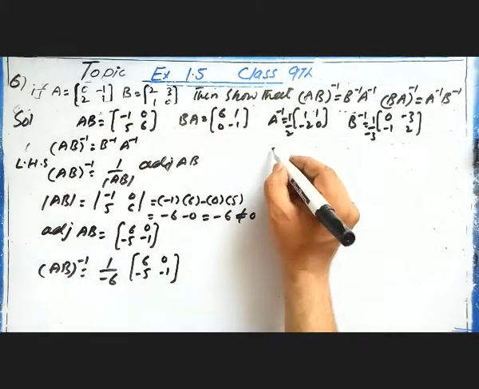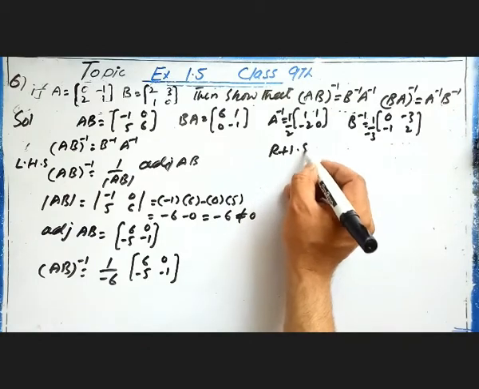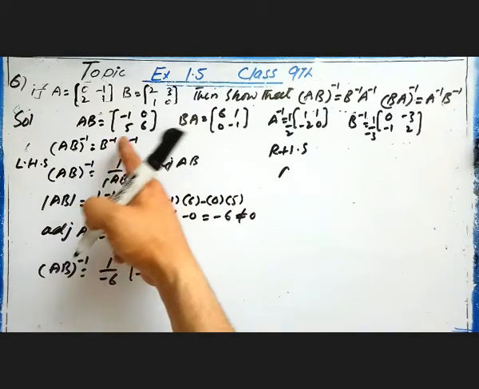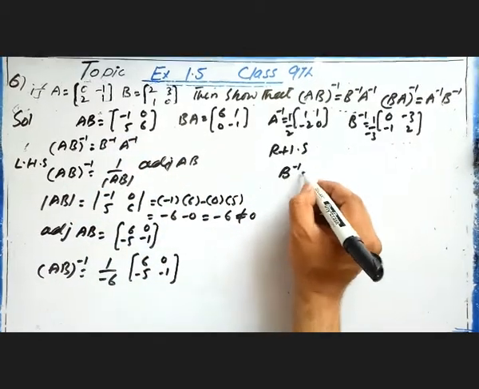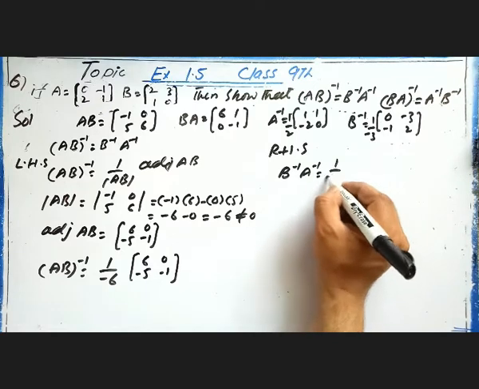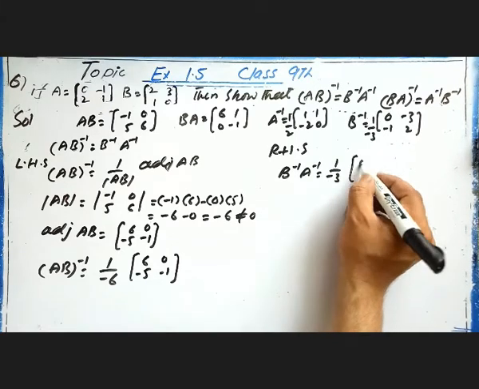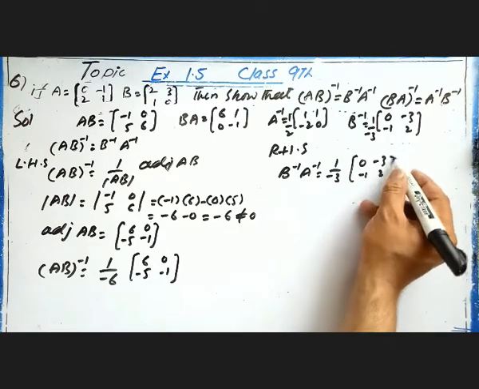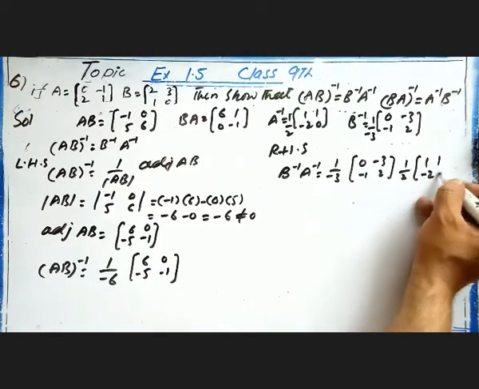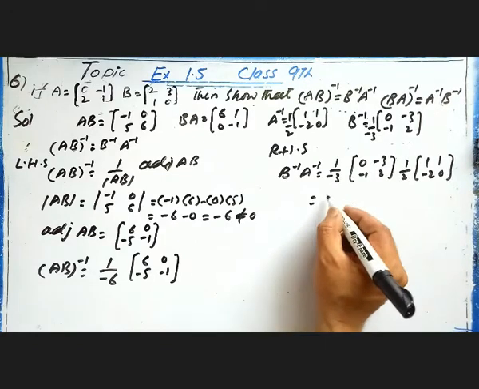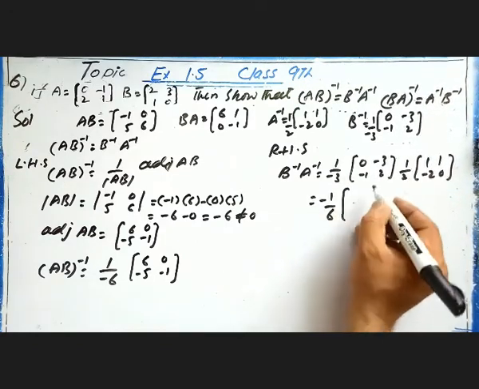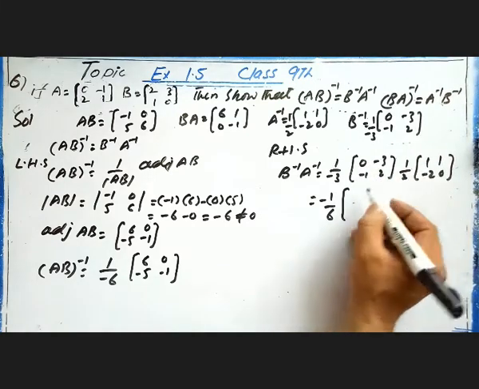Okay, now right hand side, that is equal to B inverse into A inverse. So first we have to write B inverse and then A inverse, that is equal to B inverse is 1 over -3 and this matrix is 0 -3 -1 2 and this is 1 over 2 and the matrix is 1 1 -2 and 0. So this will become 1 over -6, 2 3 is 6 and multiply these two, 0 1s are 0 0